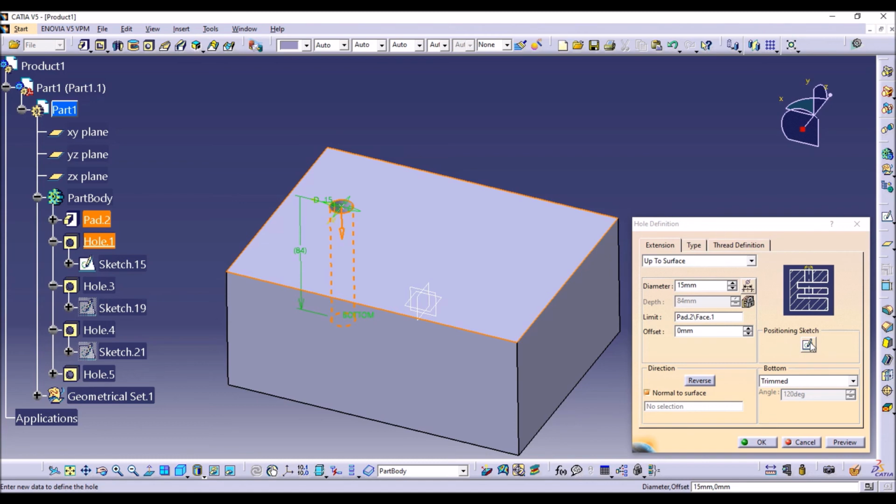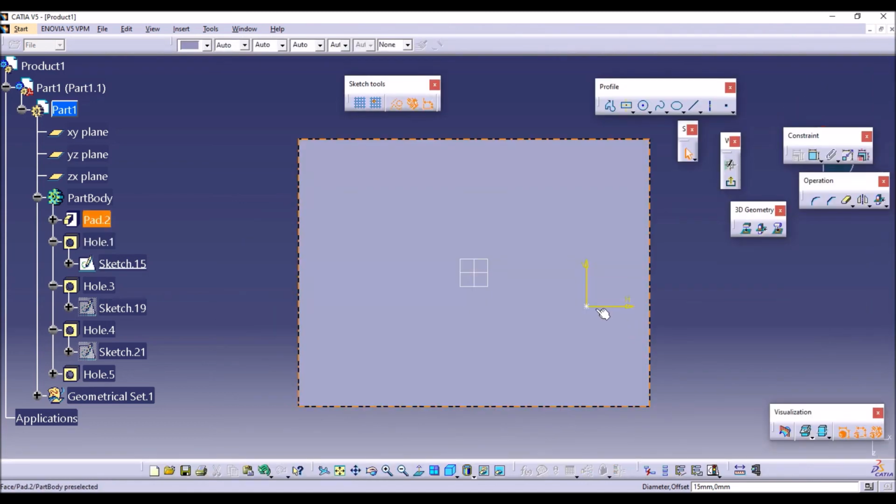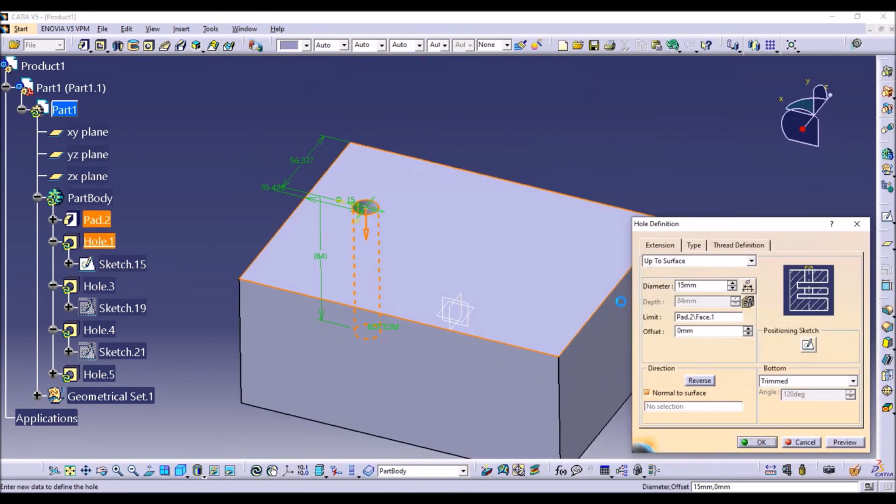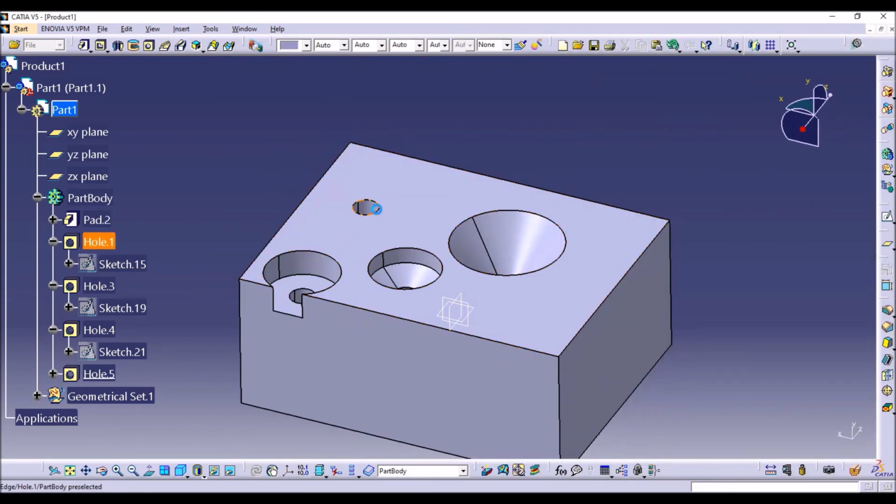Click on that, and it goes directly to the sketch module. Give the directions with the center point and any one of the edges, and give the vertical distances. By using this, the hole is given a constraint, so now it is fixed with this center point.